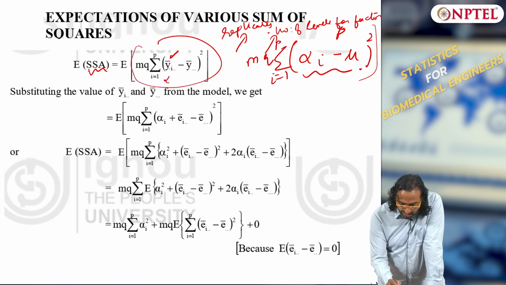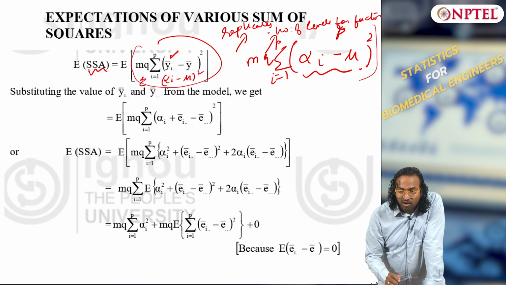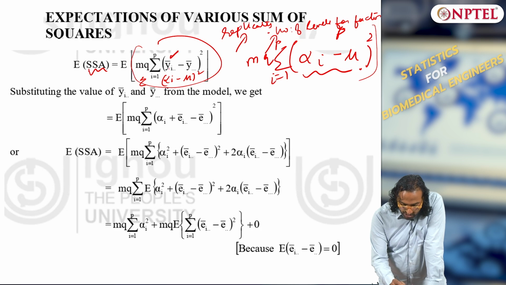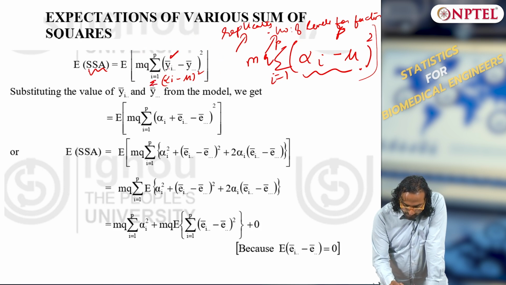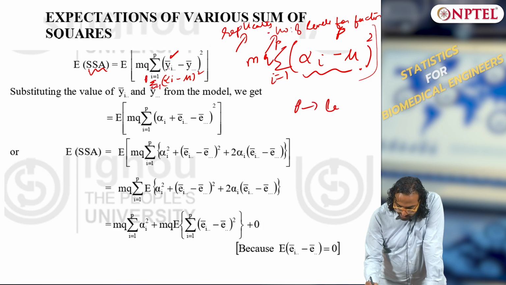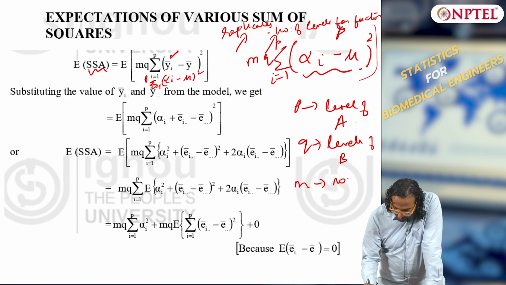This is nothing but alpha I minus mu the whole square, and I am summing it for all levels of A. So the total number of levels of A is P, Q is levels of B,